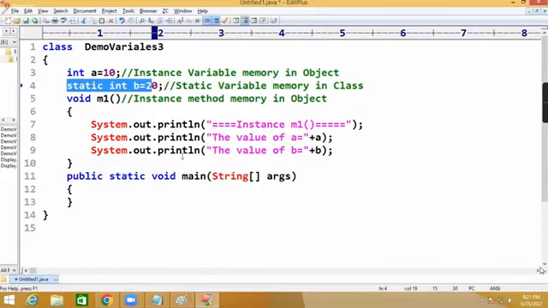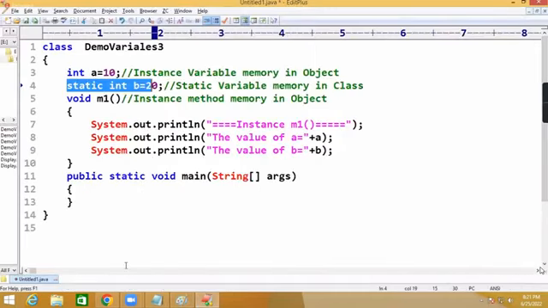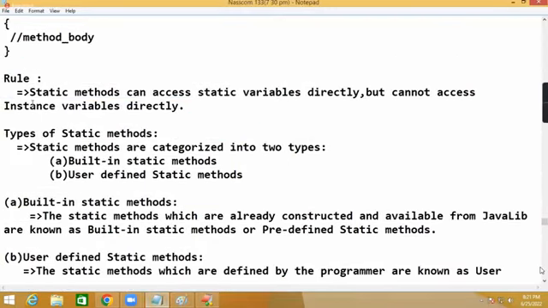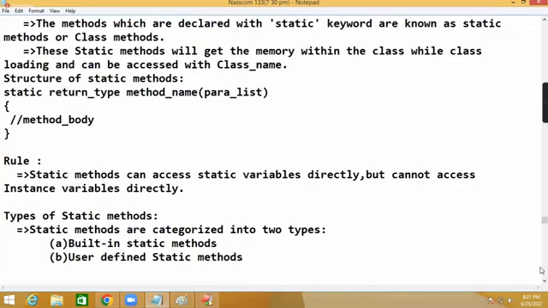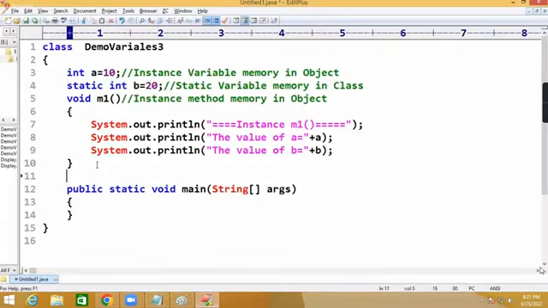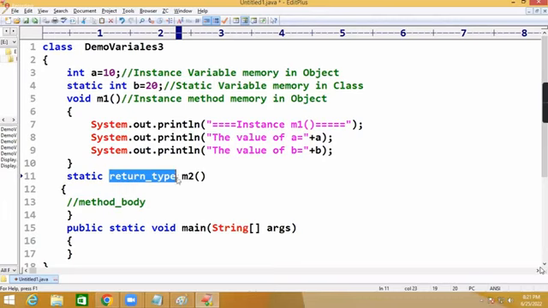What is the next method? M2. For M2 I took an example as static. Sir, the static structure is there with us. This is the static structure, so I am copying it here. Now the method name, I took it as M2. Parameter not available, so I am removing the parameter. Return type, I don't know, I will take it as void. Now this is a static method,